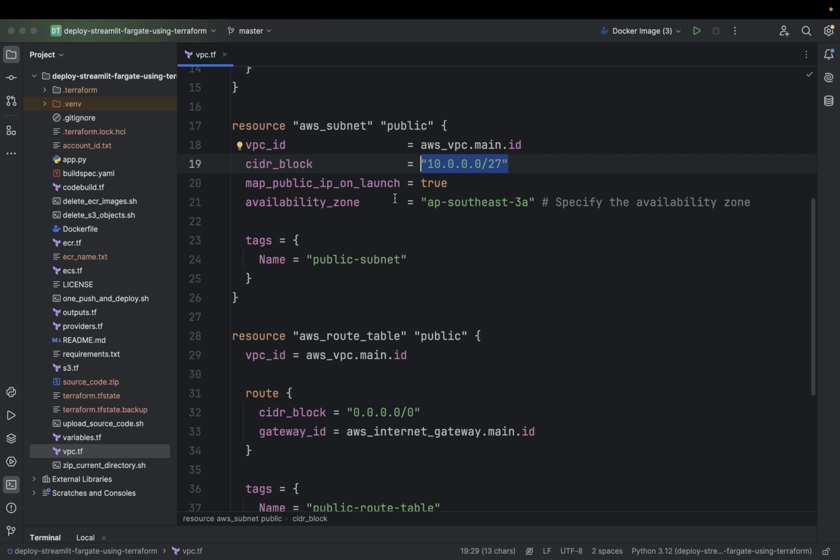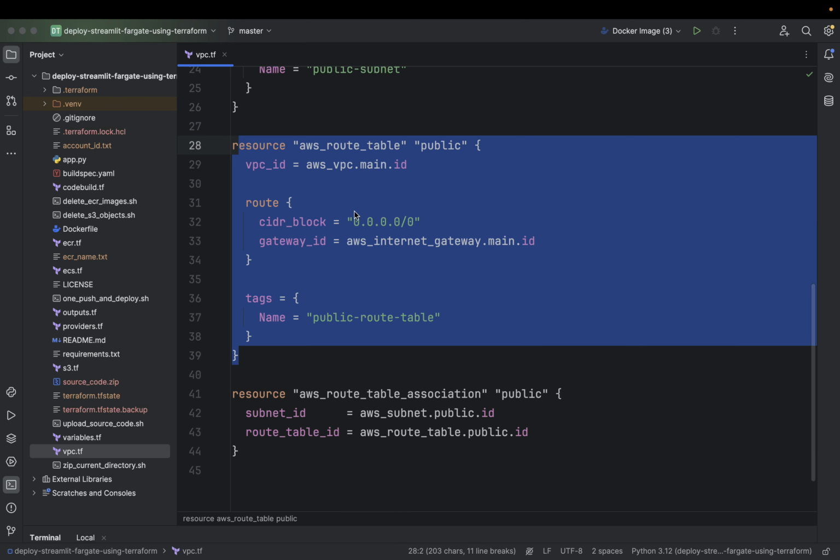Instances launched in this subnet will automatically receive public IP addresses. The subnet is placed in ap-southeast-3a. I am in the Jakarta region, availability zone, and tagged as public subnet. The tagging is important because it allows us to tag the host in the build page.